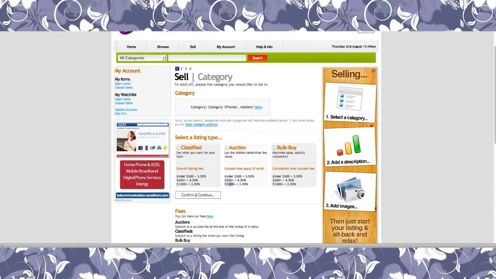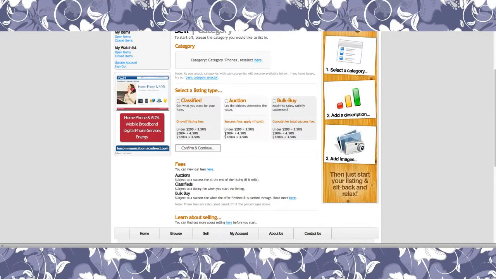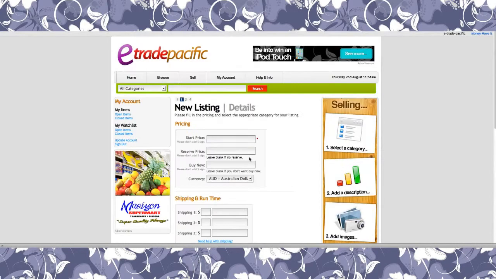So if I sell a TV, for example, for $1,500, it'll be a 3.5% success fee. And for bulk buyers, for businesses, if they sell, say, 20 iPhones with a cumulative total cost of $20,000, they'll be paying 3.5% of that $20,000 as a success fee. Okay, so I'll select auction and click confirm and continue, and that'll bring us to the listing